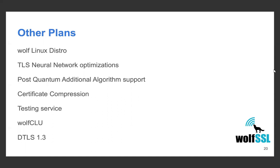The third one there, post-quantum, we'll be adding some additional algorithms. Our TLS layer does support the post-quantum TLS extension. We currently support the NTRU cipher, but we'll be adding more post-quantum algorithms, certainly as NIST narrows down their list